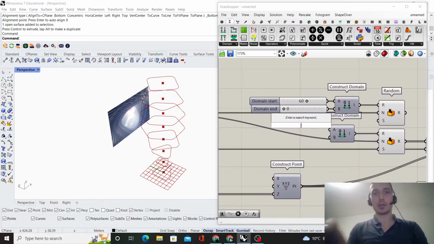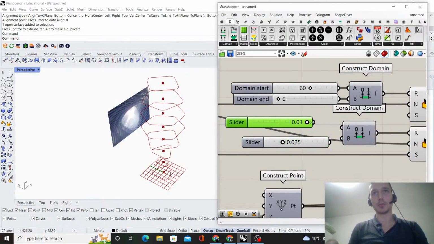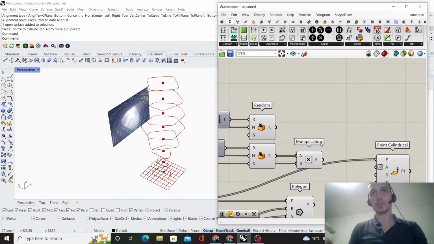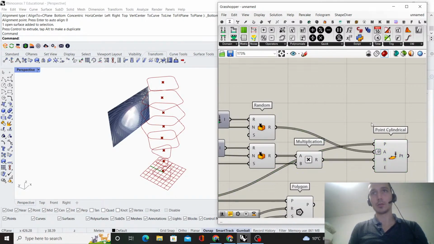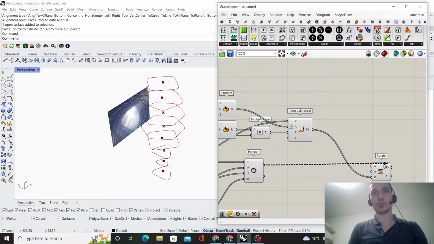So yeah, let's make it from 0.01 to 0.025, something like this. Yeah, then we connect this to radius, this to angle, and we use those points as centers, as planes, to rotate